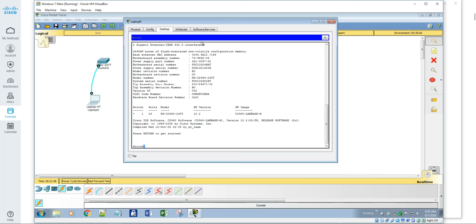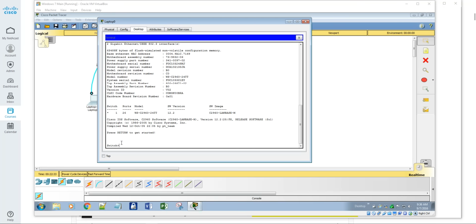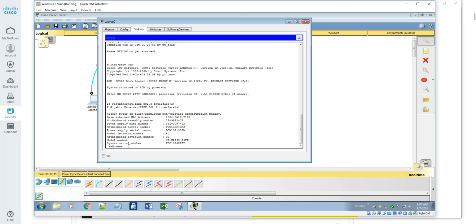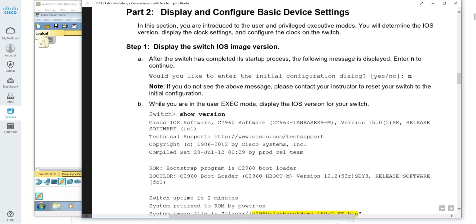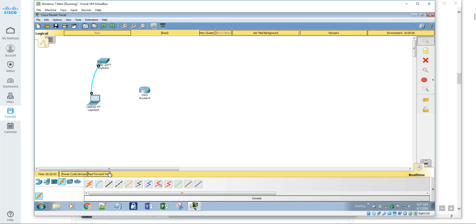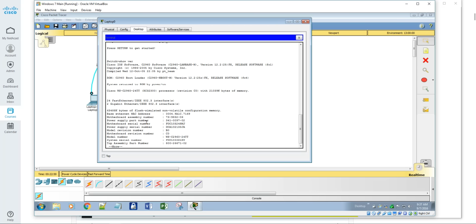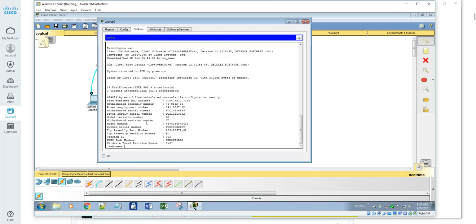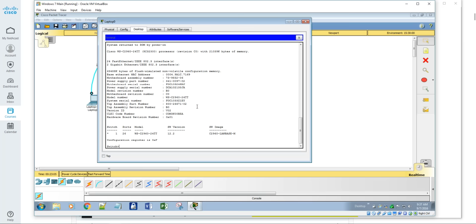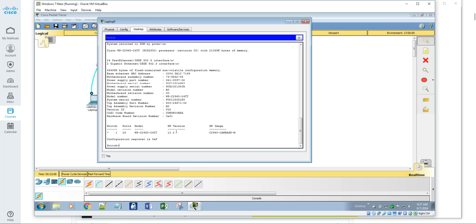And let me see if I can get this a little bit larger here. Okay, that's a little bit better. And when we have our switch here, we know we're at the exec mode by our greater than sign, and we can just do our show version. And we can shortcut that, so I can just do show ver, which is the same as show version, but I can use the alias on that. And we're going to get our show version, and it's going to do the more, and then we can do our enter key to go a line at a time, or we can do our space key to get the whole thing.